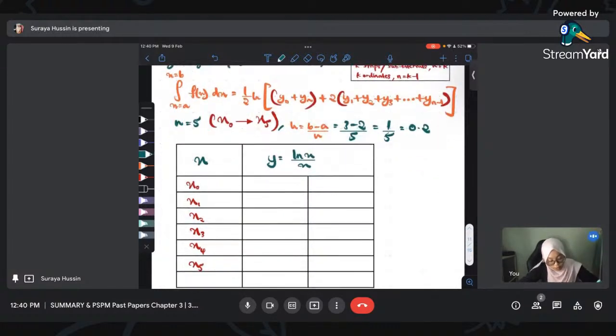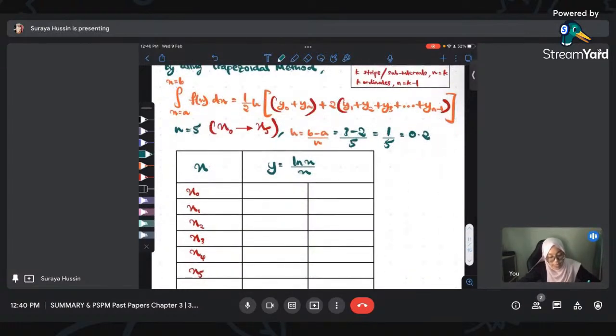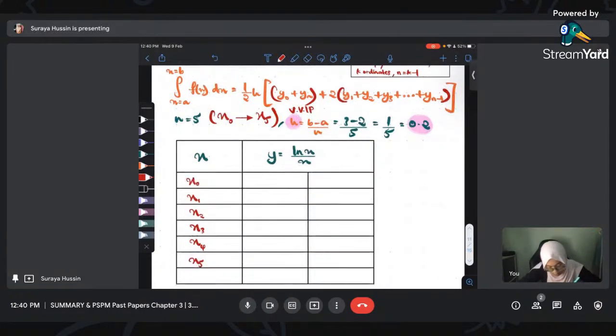Okay. So, now, dah cari h. H is very, very important. Here, I think we should highlight this. Kita kena... this is VVIP ya. H memang wajib dicari dahululah sebelum pakai dalam table. So, you kena make sure you faham